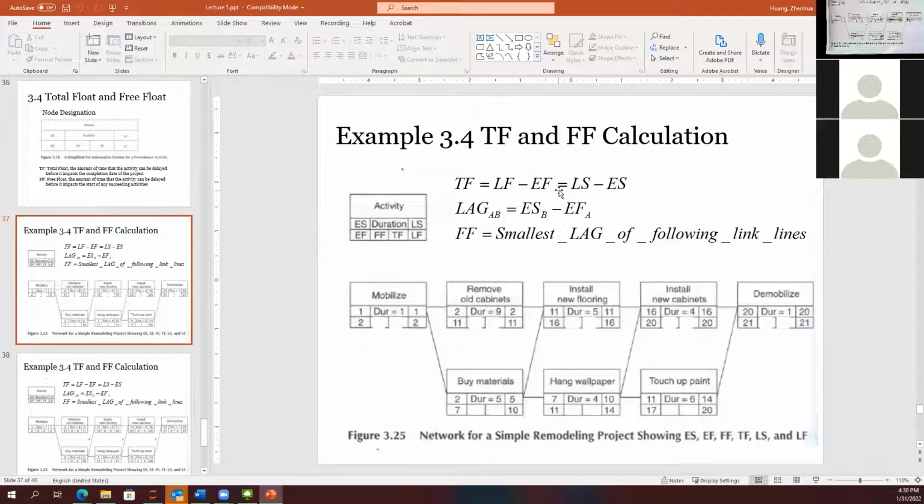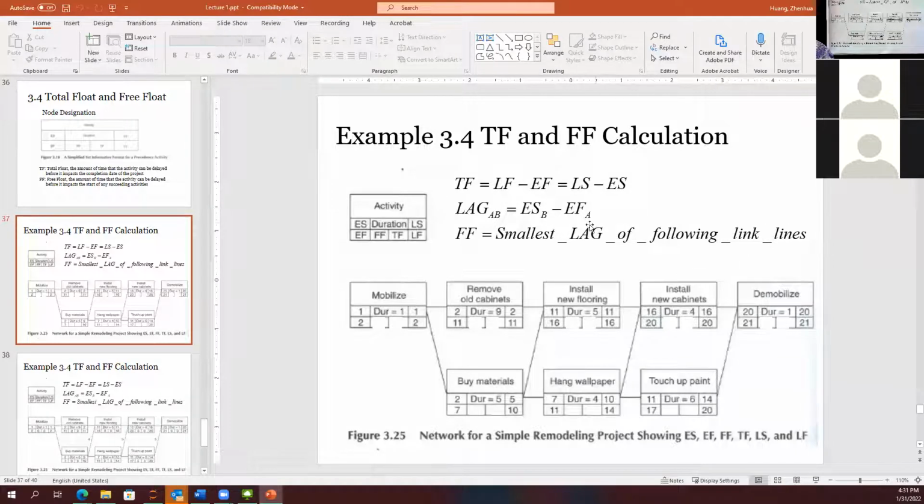Total float is easier. Total float is just late time minus early time. You can either use late finish minus early finish or late start minus early start. It gives you the same number. Basically this minus this, or this minus this, gives you the same result. And then to calculate a free float, we need to calculate a lag number on each link